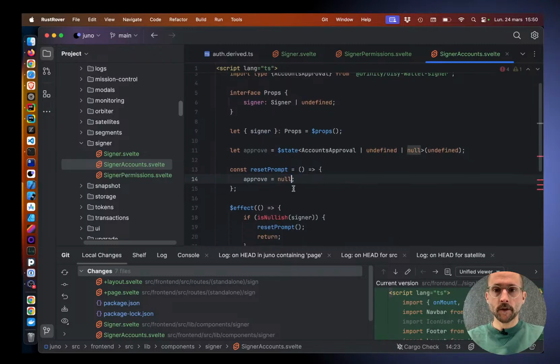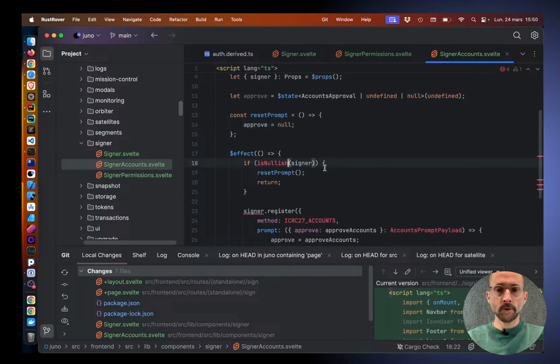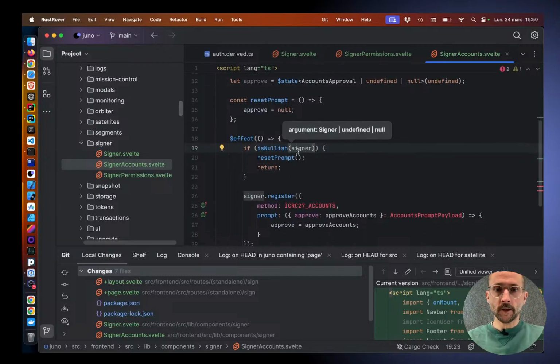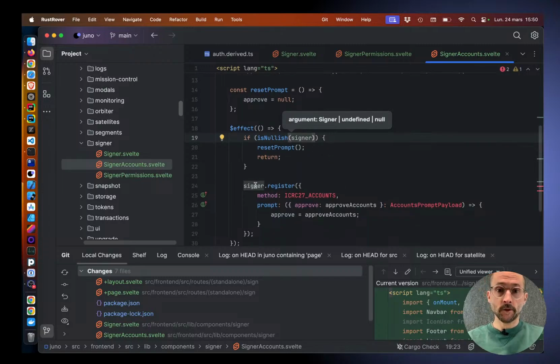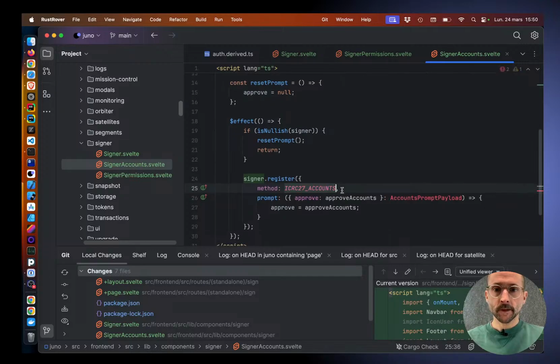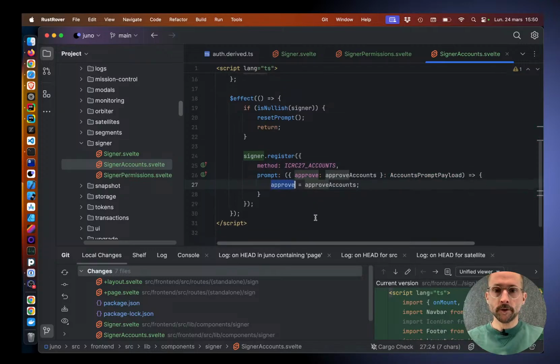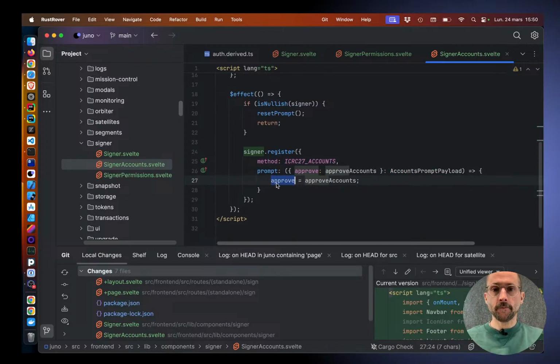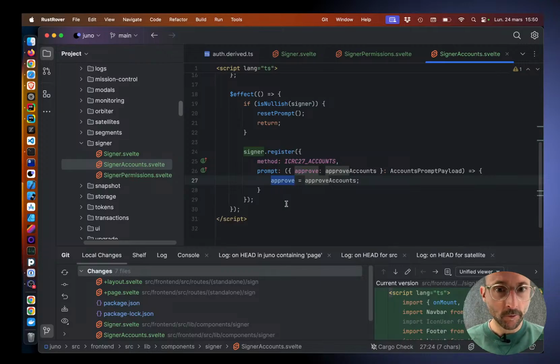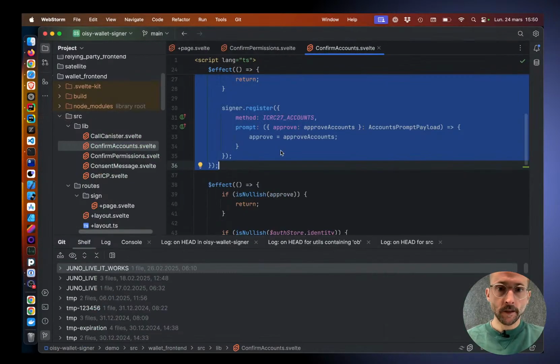All right. When everything is fine, we reset to null, and then we say the same stuff. Does the signer exist? No, then we reset. Does the signer exist? Then we register a prompt that should answer to the accounts, and when we get prompted, we want to set the payload. And here, as I said, we just want to answer all the time. So what we do is